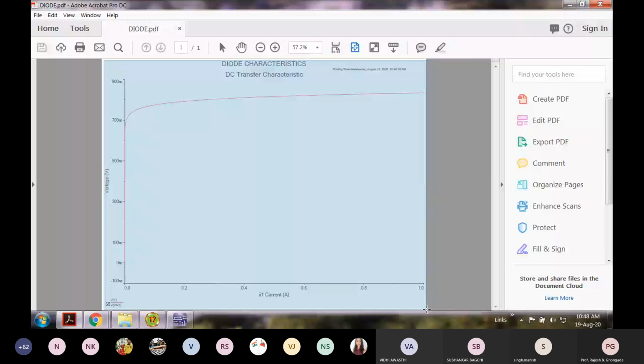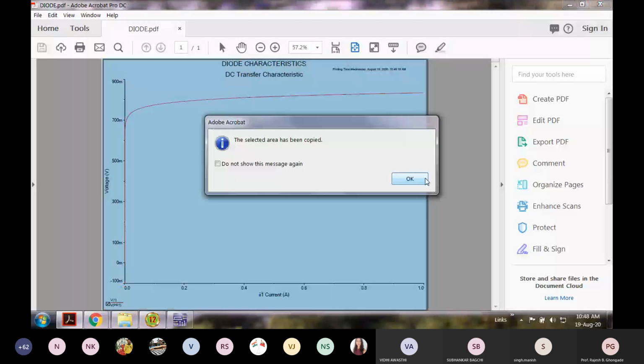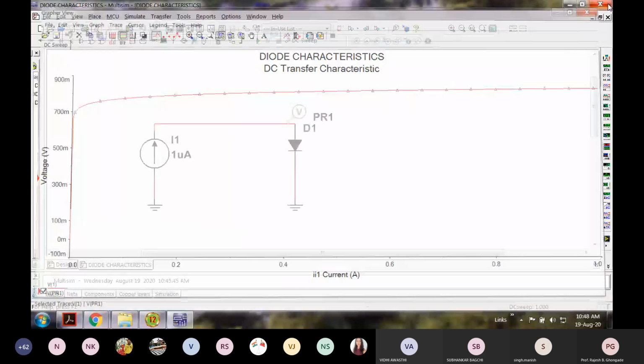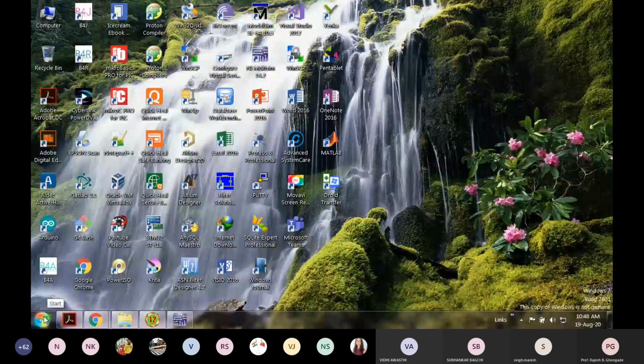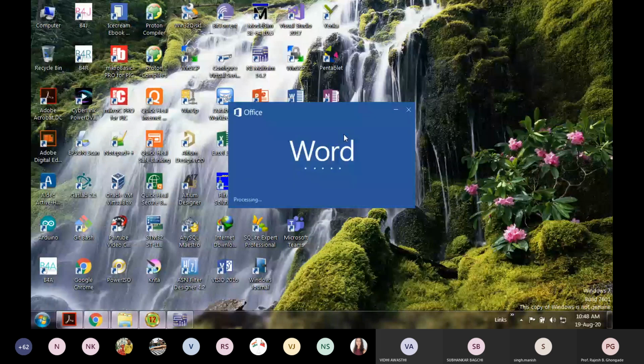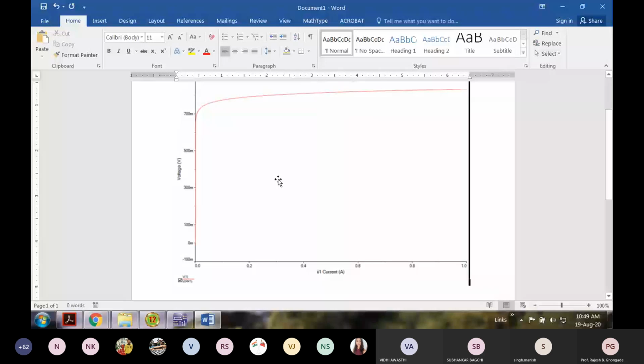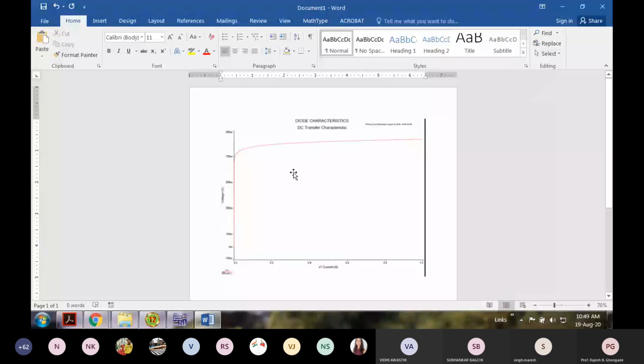Okay, and if I open a Word file, I can paste it. This is one way in which you can do it.